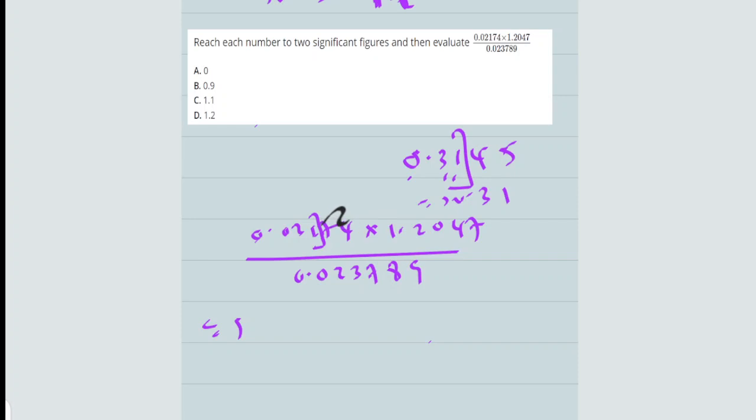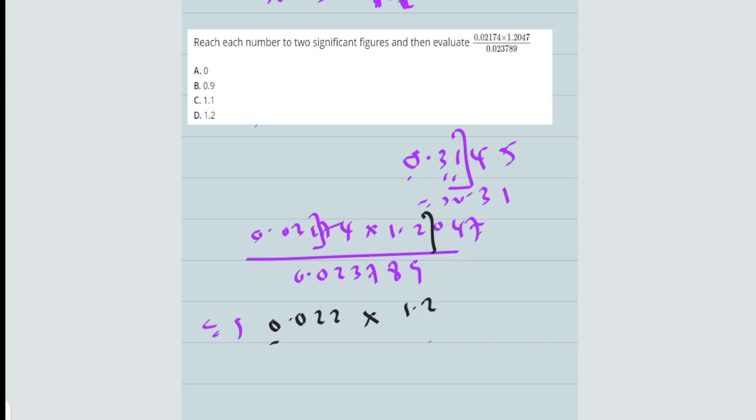So this one you are going to round it what? 7. You are going to round 7 up to 1. So 1 plus 1, this will give you 2. Then you are going to have 0.022. I hope you understand. Multiply by, okay, now the first two significant figures here end at 2, because 1 is significant, 2 is significant. Then you are going to stop here. But before you stop, check whether the number after it, which is 0, you are going to round up or down. We are going to round 0 down to 0. So then this is 1.